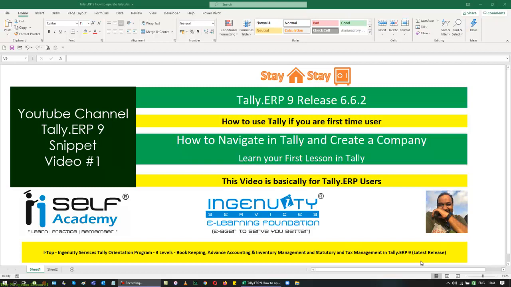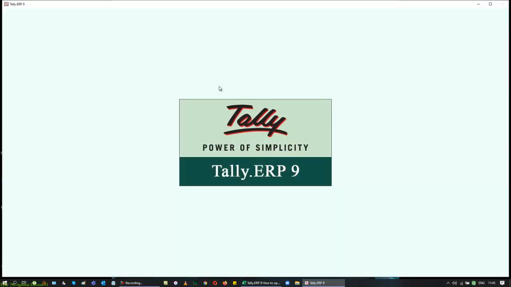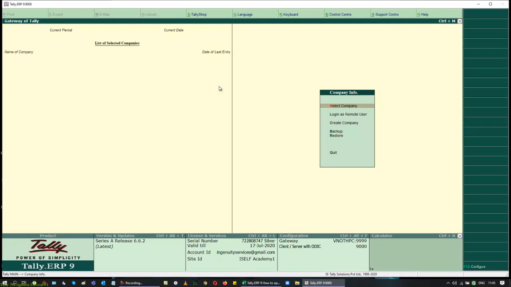If you want to navigate Tally, first of all, you have to open Tally. So you can have a keyboard shortcut or something like that, but I'm using it as a non-user of the system. So if you want to go to Tally, just minimize your current screen and then go back to Tally. You can see once you install Tally, you'll get an icon like this. In the latest version, you can see Tally ERP9 or something like that. With this, automatically your first screen of Tally opens to you. This is Tally ERP9. If you closely watch, this is the first screen of Tally.